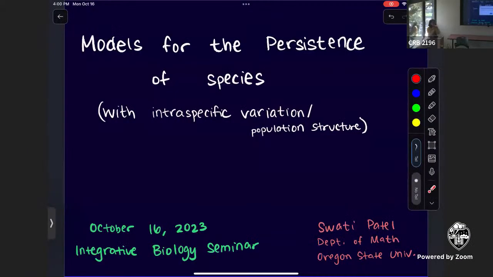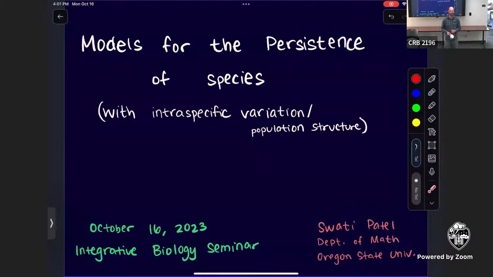Pleasure to introduce one of our own colleagues, Swati Patel, from the Department of Math. Swati has been here for 3 years already, but I feel like we in IB don't know her well enough because of things like the pandemic and being all the way up here. So I thought it would be a great opportunity to have her come on here to tell us what she does, because I think